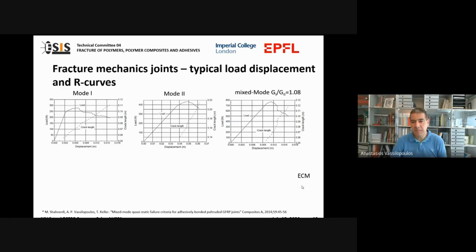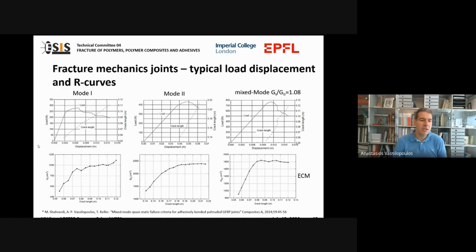And by using typical methods like the ECM, the experimental compliance method, we can also calculate the G1, G2, and mixed mode, G total as we call it, as a function of the crack length. So these are the R curves. And of course, you already discussed this, that we have first the development of the crack bridging length. And then after this, we have the almost stable crack propagation,